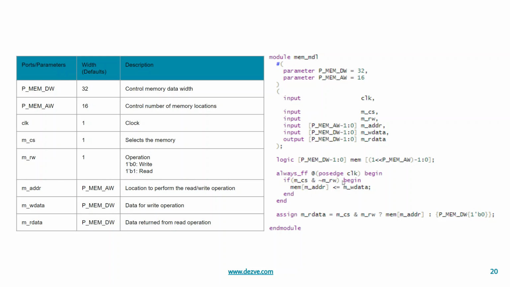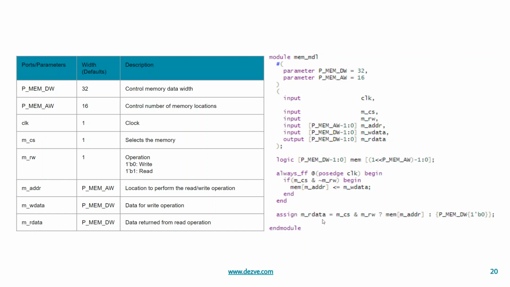So in this case we are trying to update memory. This is the memory variable, and m_addr is the actual location that the user passes through the port m_address, with a value of m_wdata that the user has provided. So when the user tries to write, it will set the chip select to 1, set read/write to 0, then pass the location at which it wants to perform a write, and then set m_wdata. So this performs the write operation.